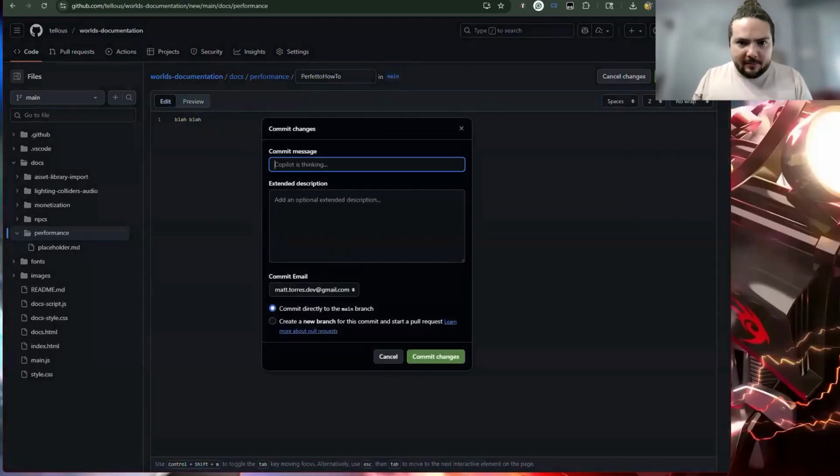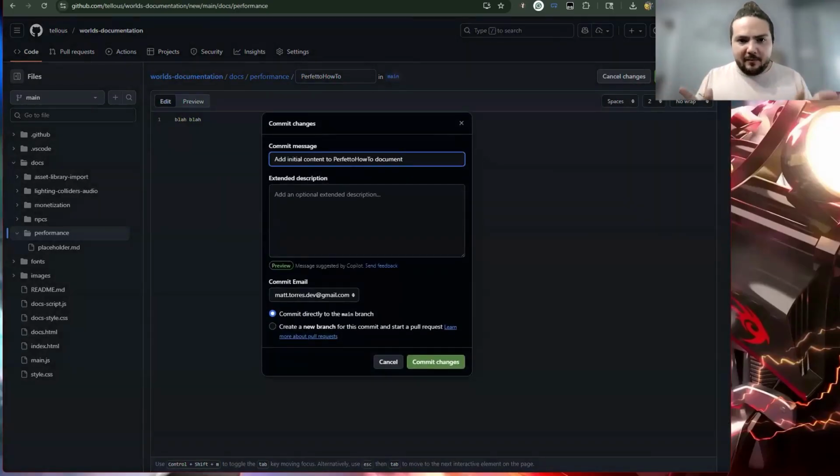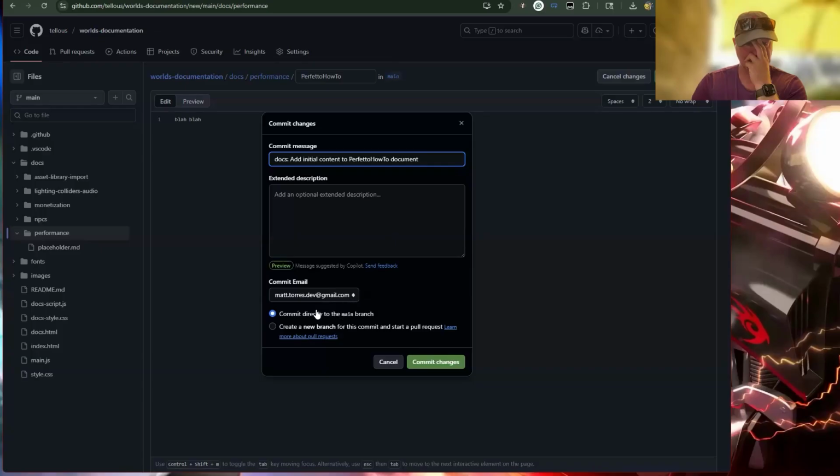From here, I'll press commit changes when I'm ready to save my changes, right? Here's a commit message. I can state that there's the document. It's this, and I can add the